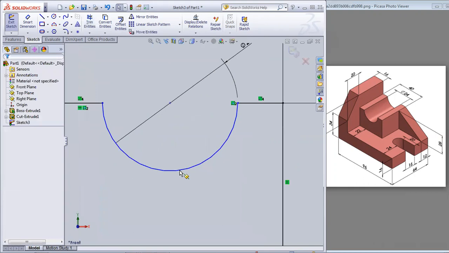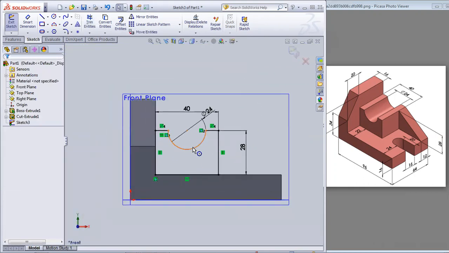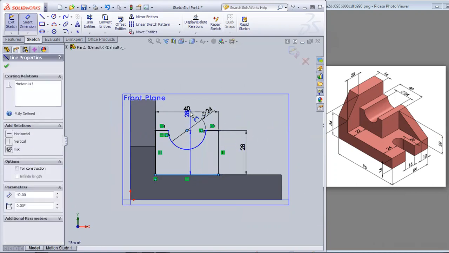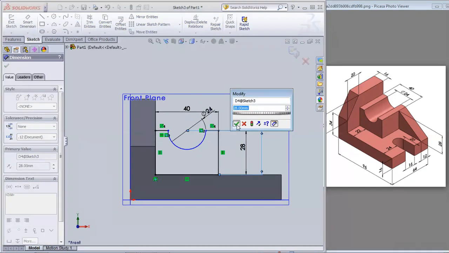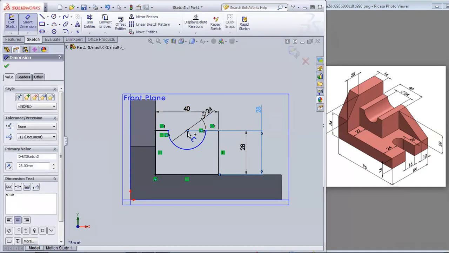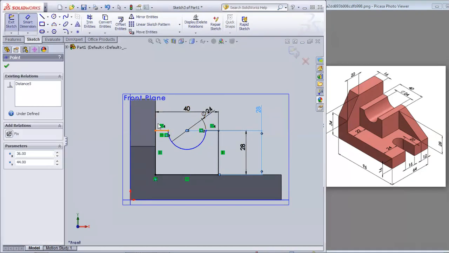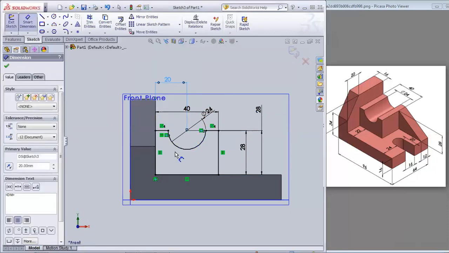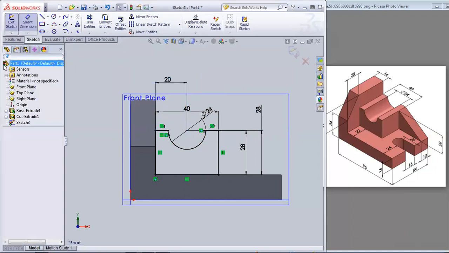So okay, now see, this is now not completely constrained. This has become blue instead of black. Why? Because the center does not have any reference. So I can leave it like this, or I can just give it a reference. Like this should be 28, and again another reference where this should be 20, right? So see, this has turned black because the reference has been given and it has been completely constrained, right?